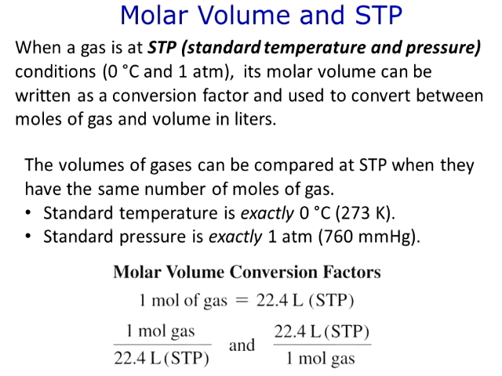Okay? So, when a gas is at STP, its molar volume can be written as a conversion factor and used to convert between moles of a gas and volume in liters. In other words, we meter in gases. Gases don't go on an analytical balance. We pump them in from a tank. So as we pump them in from a tank, we use volume to decide how many moles of that gas we have. And from the moles of the gas we have, we can calculate the grams we have. You get it? So it's very important that we understand that particular concept.